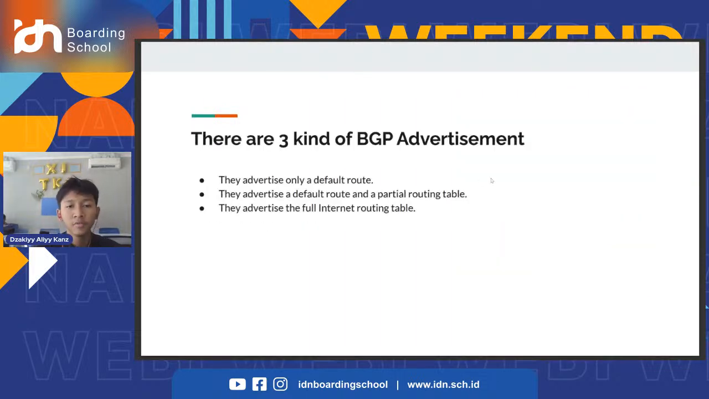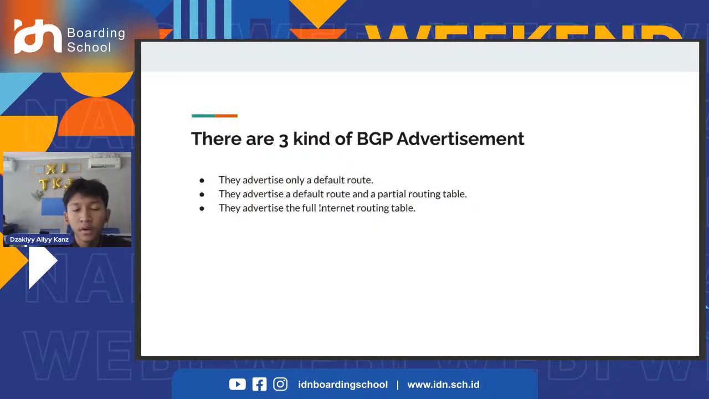And there are three kinds of BGP advertisement that BGP uses to get routing information from the other routers in the same AS or another AS. The first is to advertise only a default route, 0.0.0.0/0 with its subnet mask. Then they advertise a partial routing table, where the router delivers several pieces of information to the customer router. And then they advertise the full routing table, the entire routing table from the world,